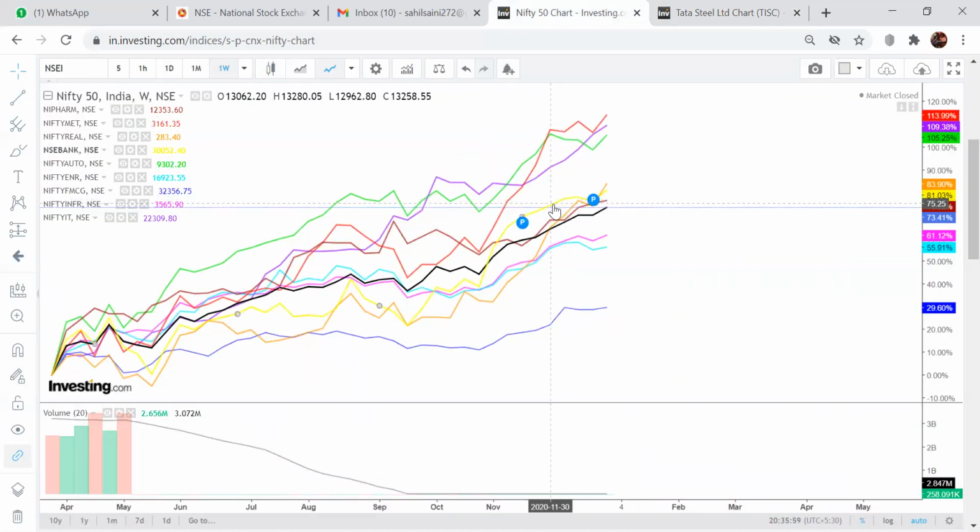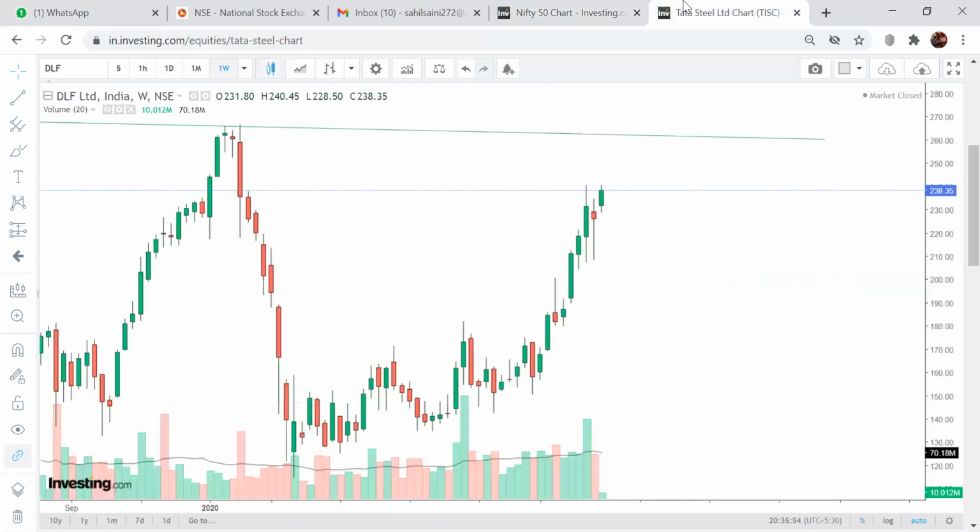The other one is this Nifty Bank. Yeah, actually, Nifty Bank is not able to make its lifetime high till now. Yeah, we should see some good stocks like HDFC Bank.